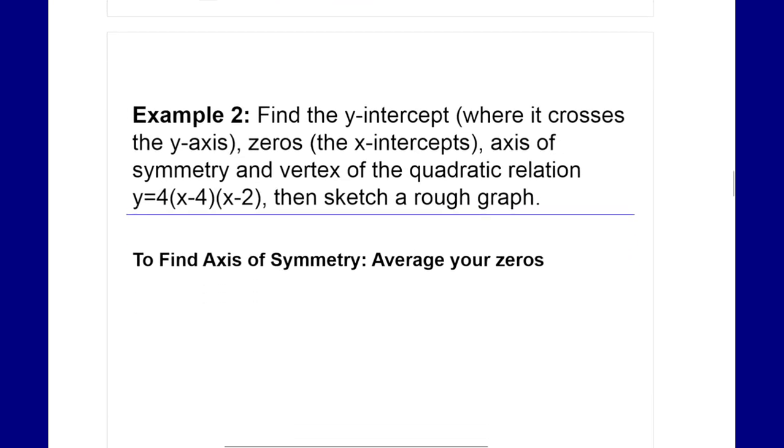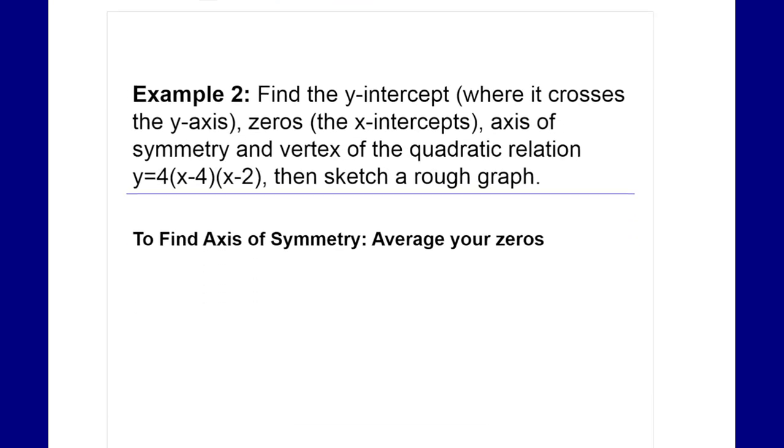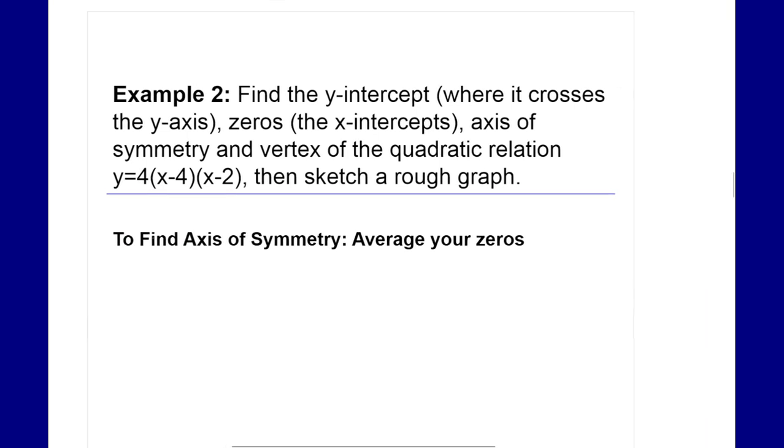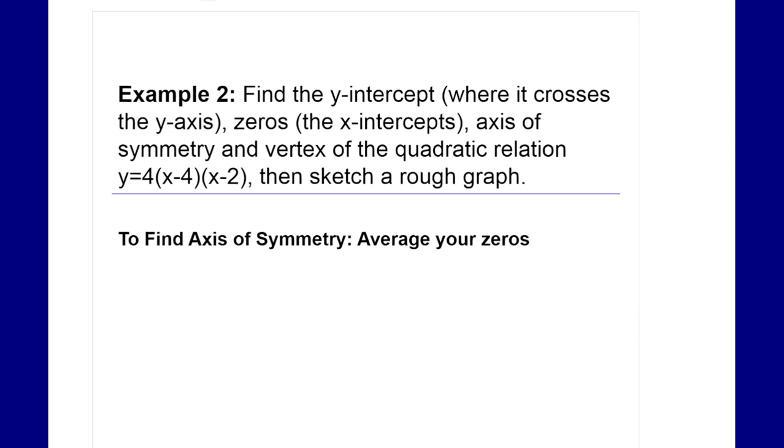So the next step is to find the axis of symmetry. And the axis of symmetry is going to be halfway between our two x-intercepts. So we had mentioned if our x-intercepts, just hypothetically say, are here and here, our axis of symmetry is going to be halfway in the middle. So somewhere in the middle that is directly halfway. So what we can do is we can take our two x-intercepts, or we can say the AOS,